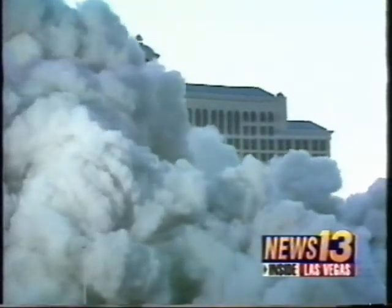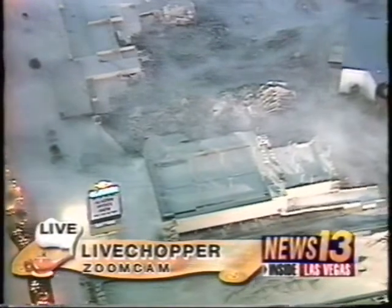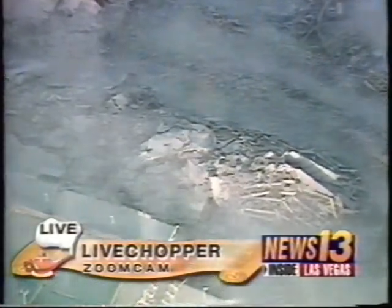Let's come back upstairs now, if we can, to live Chopper 13 and show you the view again with zoom cam. Steve was telling us the shot was awesome, and indeed it was. In fact, it was a very unusual angle that zoom cam had on this whole event, but you can see nothing left of the building. It's gone tonight, and the new Aladdin will arise again in this very same spot with the same name. We understand Steve Krupe is back down, still on the ground. Steve, we are checking out the scene from high above. It looks